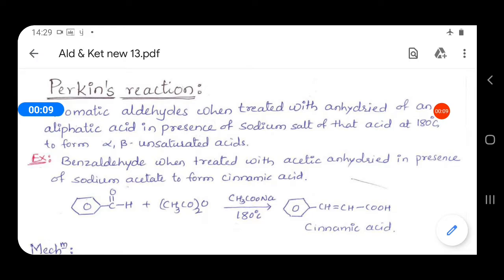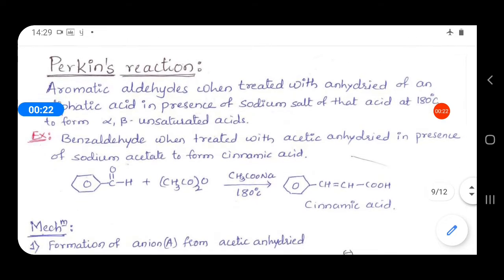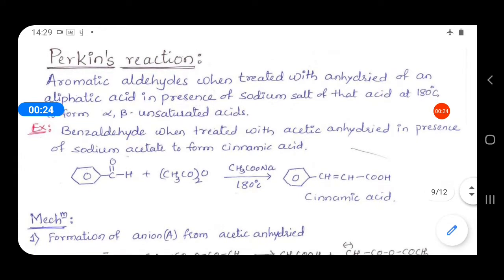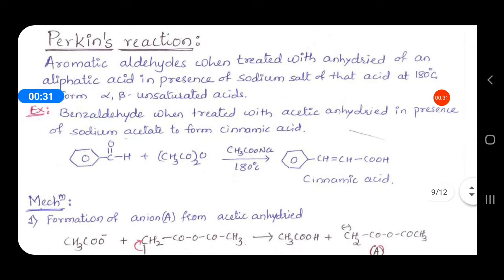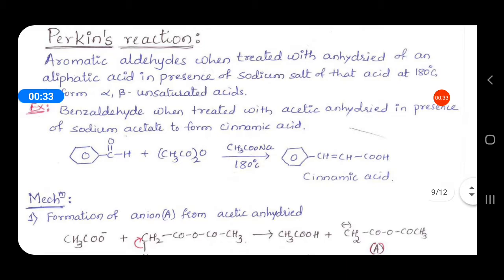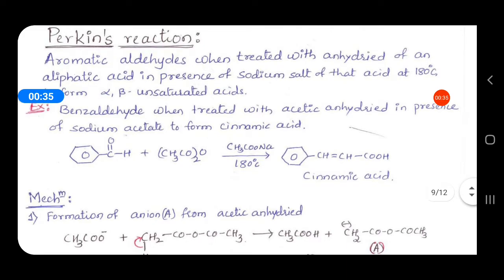In the last video, we studied some condensation reactions like aldol condensation, Cannizzaro reaction, mixed aldol condensation, etc. So in this video, we study some other reactions. For example, the Perkin reaction. In the Perkin reaction, aromatic aldehydes, for example benzaldehyde, when treated with anhydride of an aliphatic